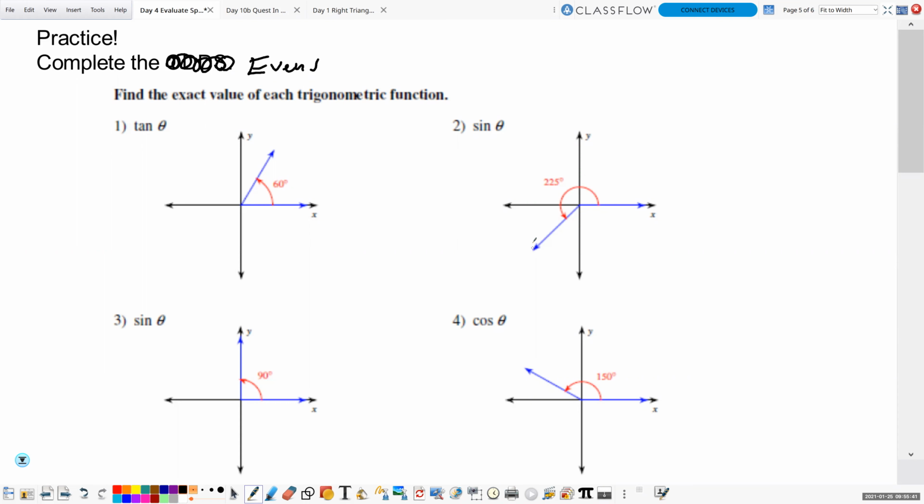I don't know. Just because it's already drawn for me, I'm just going to draw the reference angle to the x-axis. It's going to be 45 degrees. I'm going to label it left 1, down 1, root 2. And opposite over hypotenuse would be negative 1 over root 2, which becomes